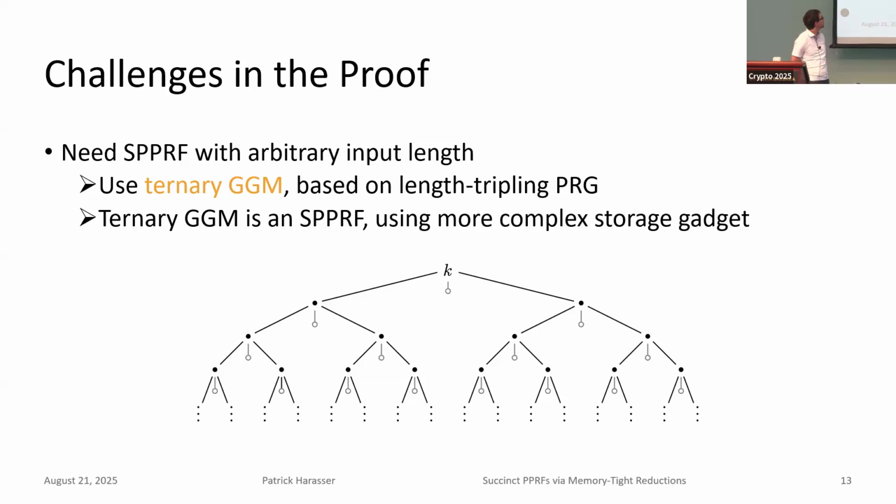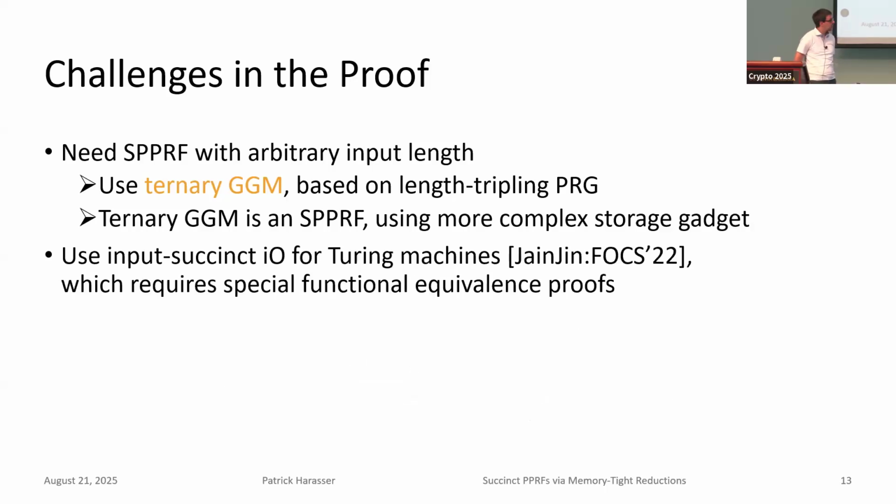And we can also show that ternary GGM is an SPPRF. The proof is a bit more technical than the one we saw because it requires a more complicated storage gadget. More precisely, we use the binary SPPRF, so the regular one that we have seen earlier, as a storage gadget in the ternary version. The second wrinkle is that to achieve an input succinct construction, we use input succinct I/O